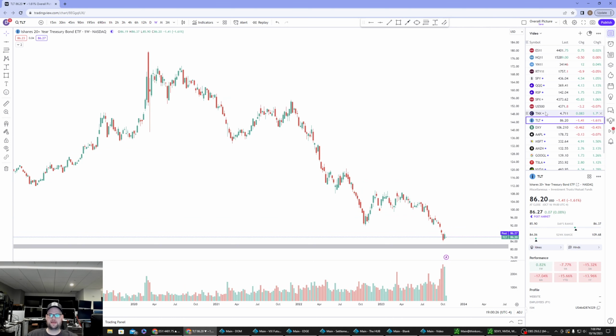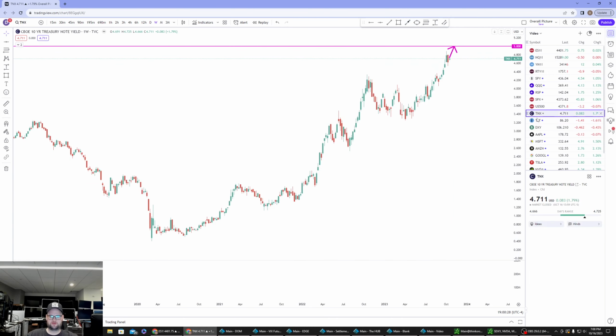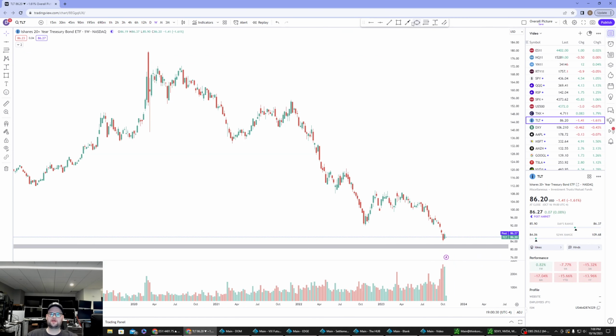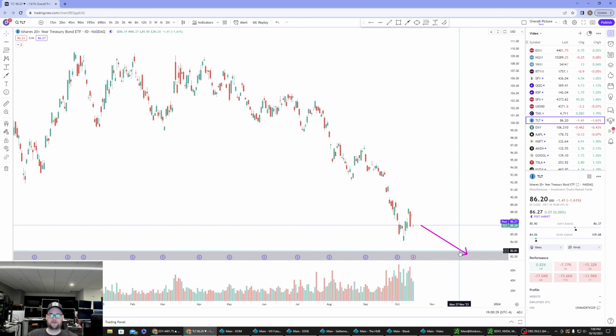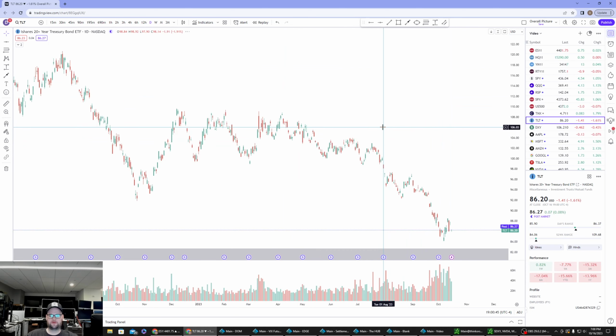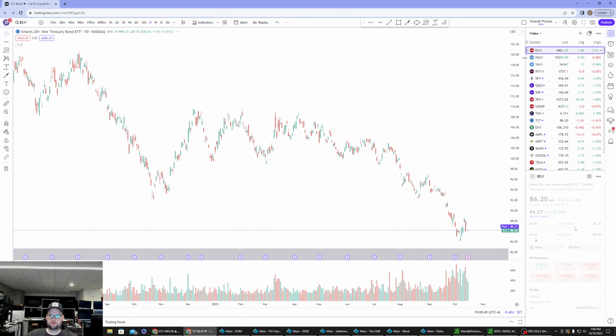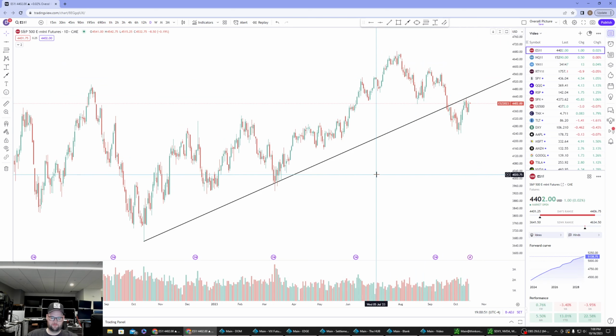Like I said, if TNX rises towards 5%, TLT as a result should come down to this shaded area, and if it does, I would be interested in picking up calls on TLT, call it 5-6 months out, for an out of the money LEAP swing position. Okay, so definitely keep an eye on that going forward.